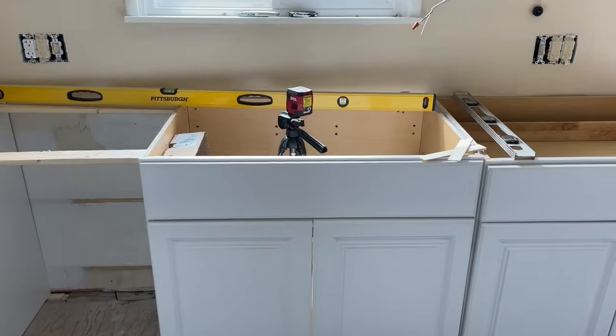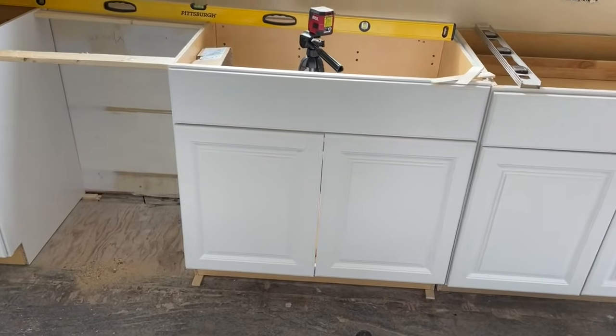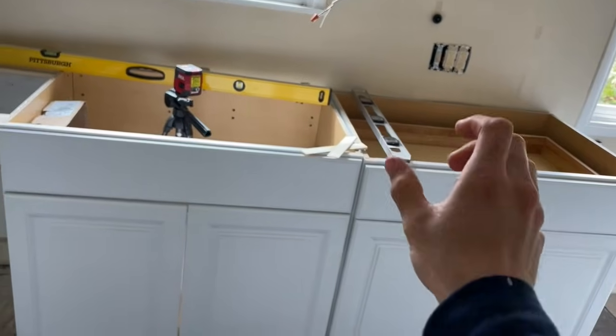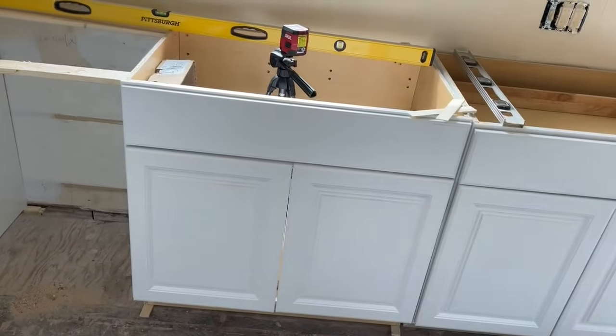Hello everyone, in this video we're going to be talking about how to use shims on pre-assembled kitchen cabinets that you'll pick up from a hardware store. I have a 6-foot level right here and a 2-foot level right there. Basically, the goal of shims is to adjust these things so that they are plumb and that there's